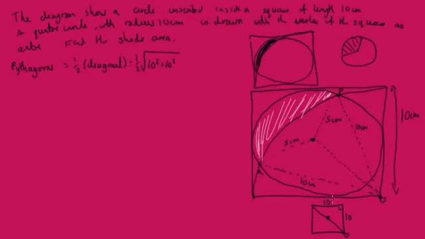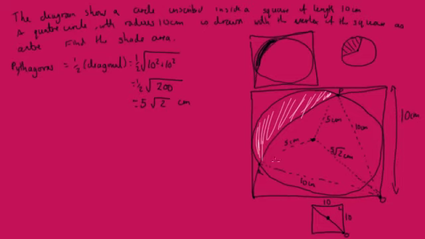So that's going to be half the square root of 200. Now I'm going to write this as a surd, just because it'll look a lot tidier than having a big decimal. So that's like 100 times 2. The square root of 100 is 10. Half of 10 is 5. And then we've still got our square root of 2. And that is